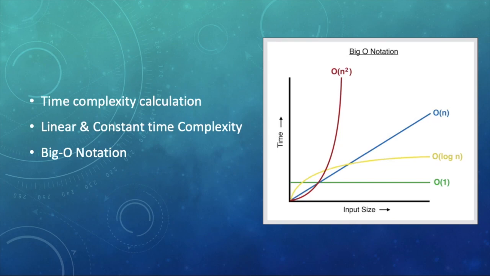In this video, we will understand how we can calculate the time complexity with the Big O notation along with some examples of linear and constant time complexity calculation. I have described the time complexity in detail in my previous video, the second video in this data structure and algorithm series. If you have not watched it yet, I would recommend watching that video first to understand this concept easily. I'll also put the link to that video in the description box.